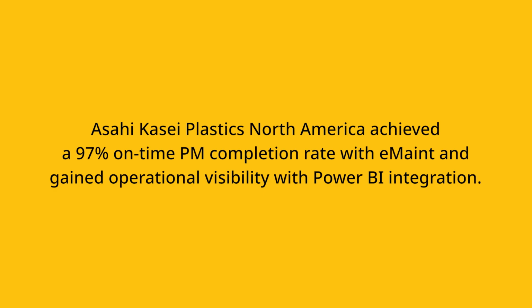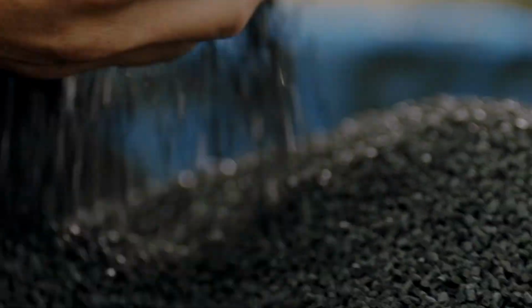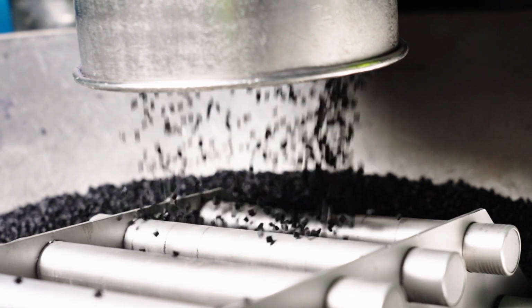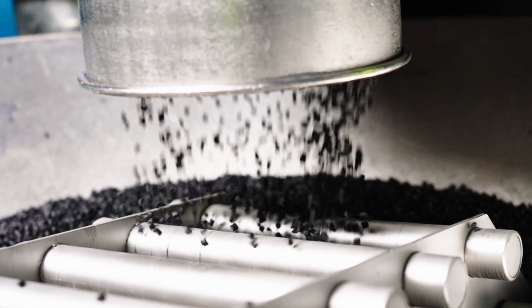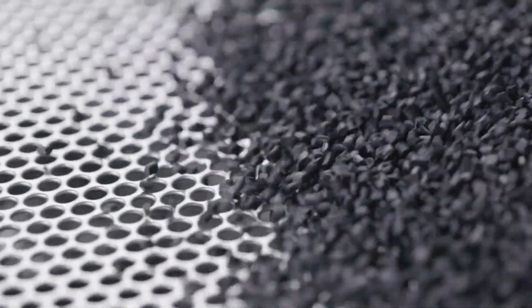We are a plastic compounder, so we extrude plastic into strands, and then we chop it into pellets. In our Battle Creek, Michigan location, we have about 1,500 assets. We run 10 production lines, and then there's plant support equipment, and our quality assurance lab also has equipment